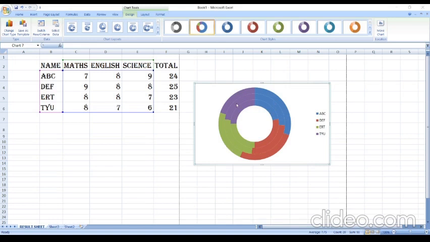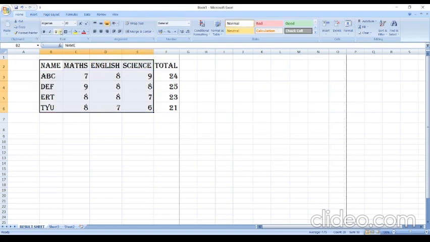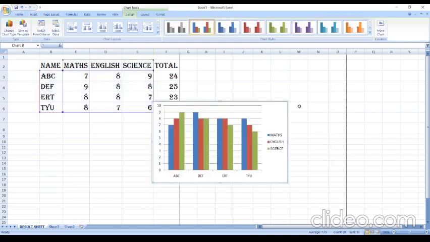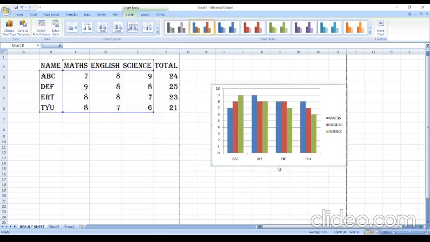Next are the components of a chart. You have different components of a chart, like chart area. Just a minute, I will again draw either a column or row so that it will be more clear to you. So this area is known as a chart area, the total area. The area where the chart is drawn is known as the plot area. So this ABC is known as your x-axis, y-axis.